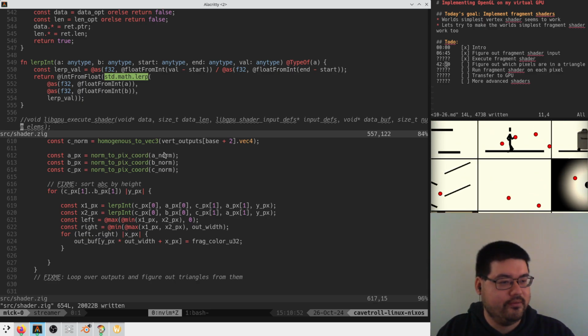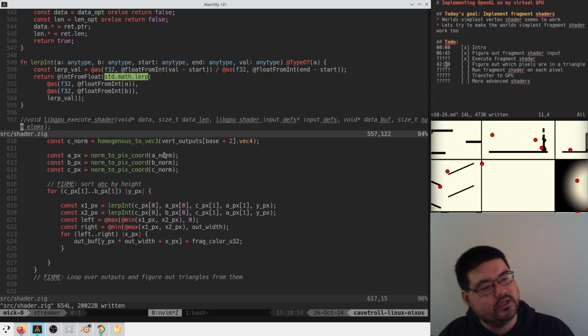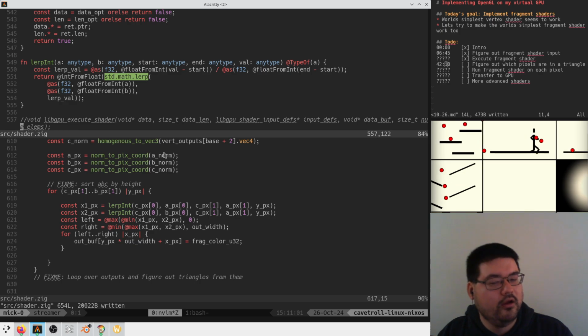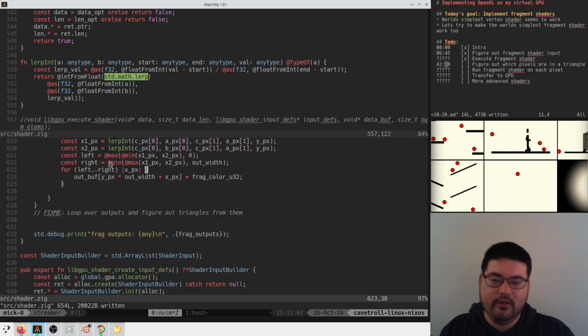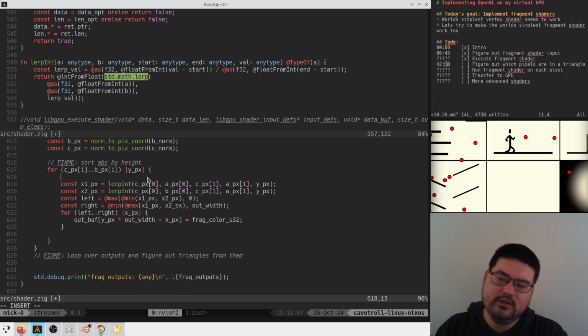Shouldn't you just skip the loop iteration if the pixel is out of the buffer and not draw a pixel at the edge? Skip. Shouldn't you just skip the loop iteration if the pixel is out of the buffer? Yeah, I agree. But that's kind of what we're doing. We will do that here. We haven't got there yet. So